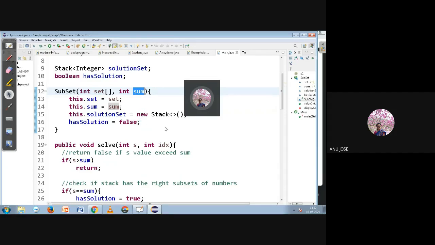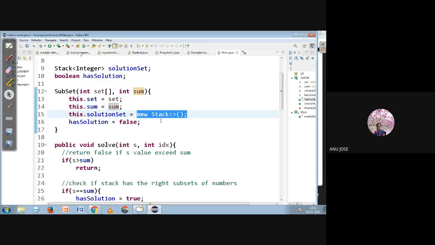When I create the constructor for the class, the Subset function is called and it assigns whatever set I have and the sum value I am searching for, and it creates the stack over here.